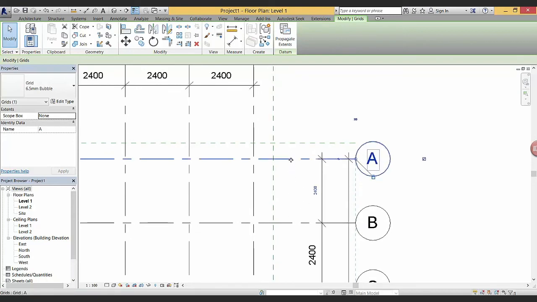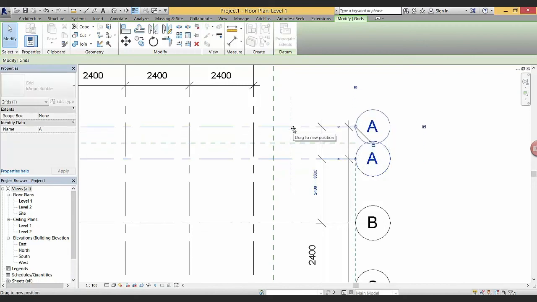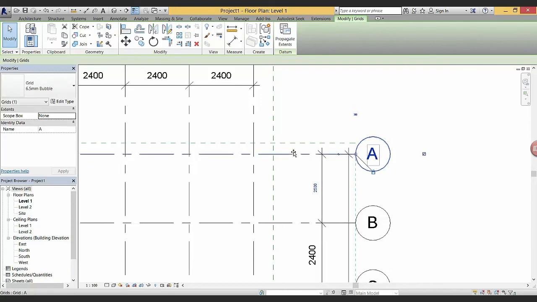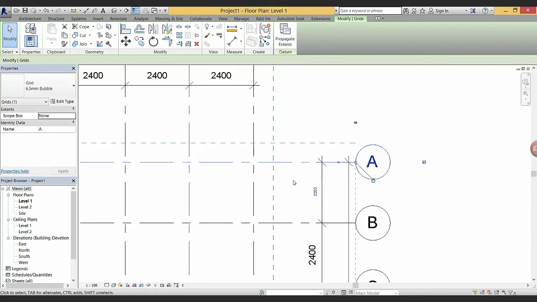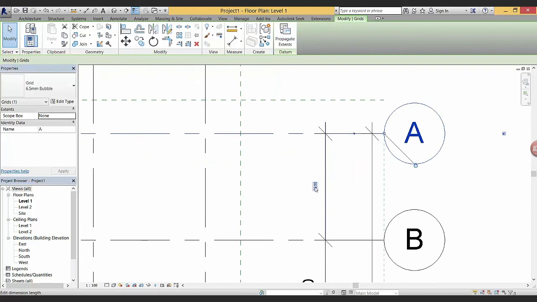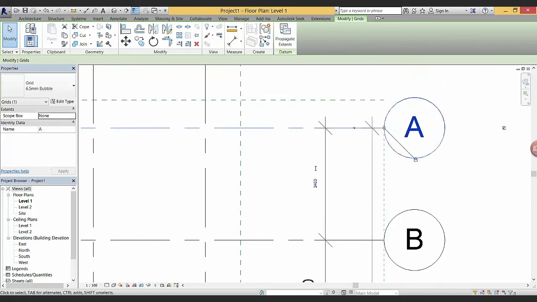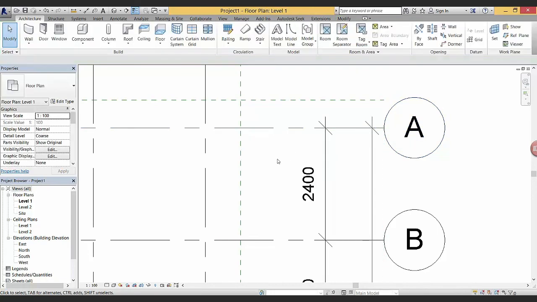You can either just drag it like this with your mouse, or you can nudge it with the keyboard, in this case using the up and down arrow on the keyboard, or of course you can click on anything basically that's blue in Revit. You see that 2280 here now is blue. You can click on this and just punch new numbers. So for 3 meters we go 3M, because Revit will know that this is meters, and press enter. The grid moves to a distance of 3 meters from grid number B. So let's repeat this process by moving it back to 2.4 meters. This is basically one of the easiest and most effective ways of moving stuff inside Revit.